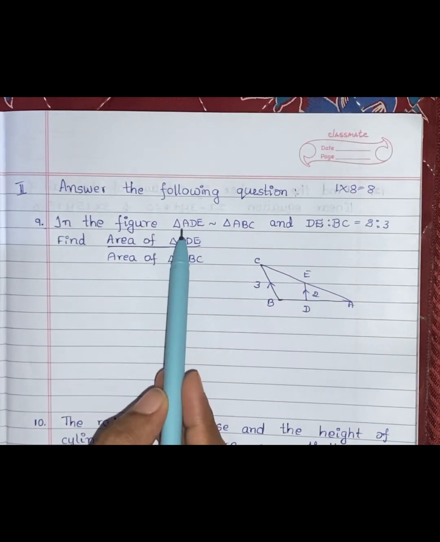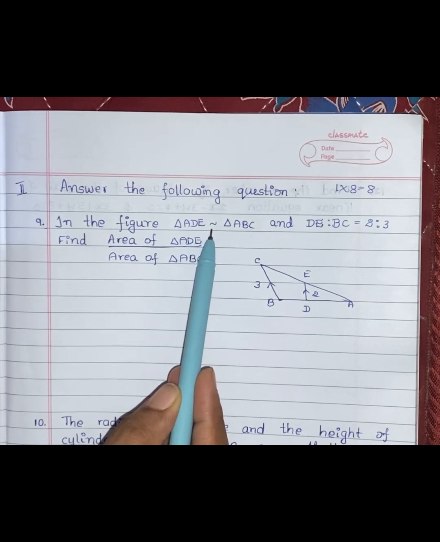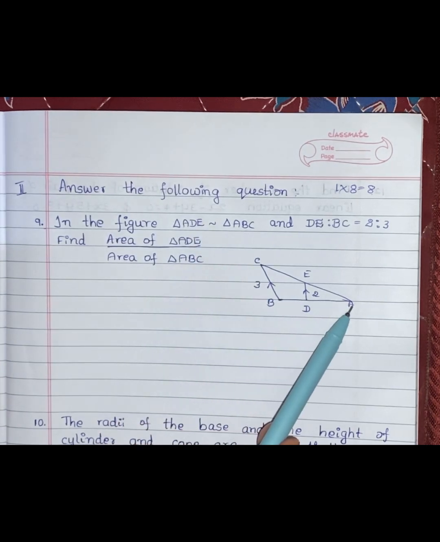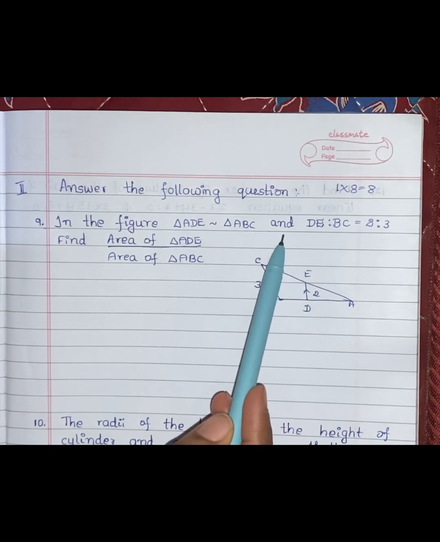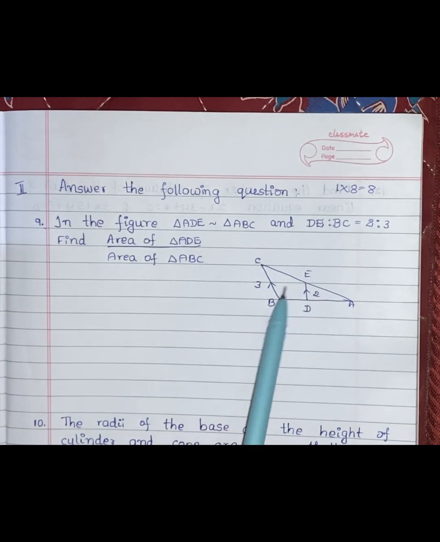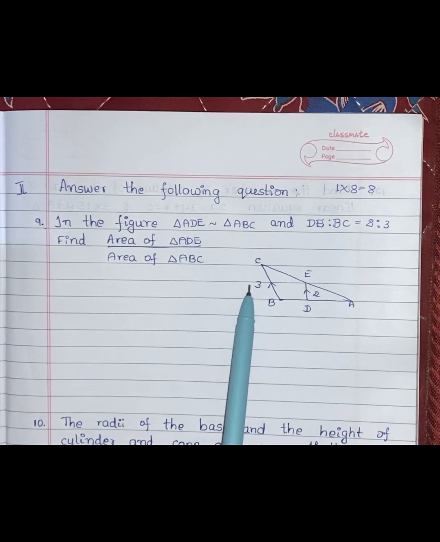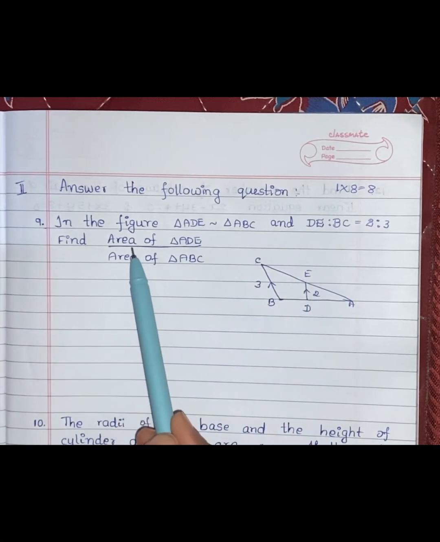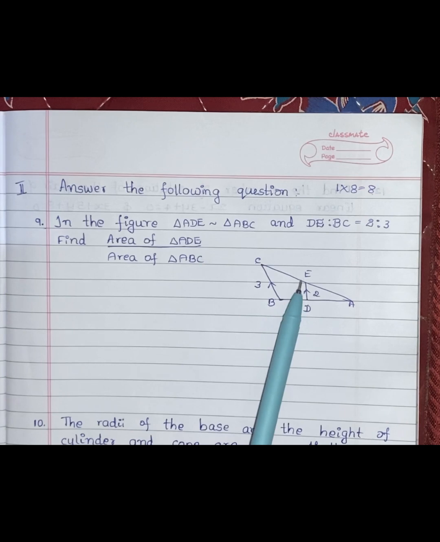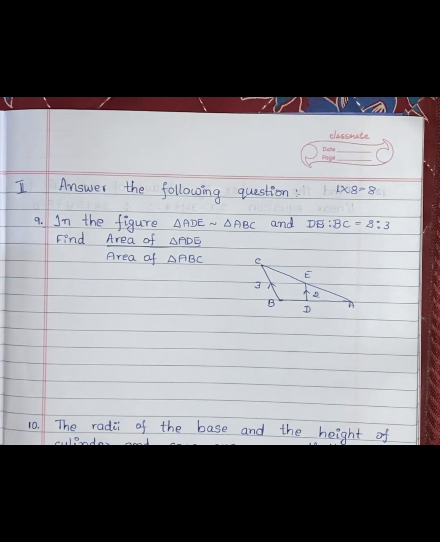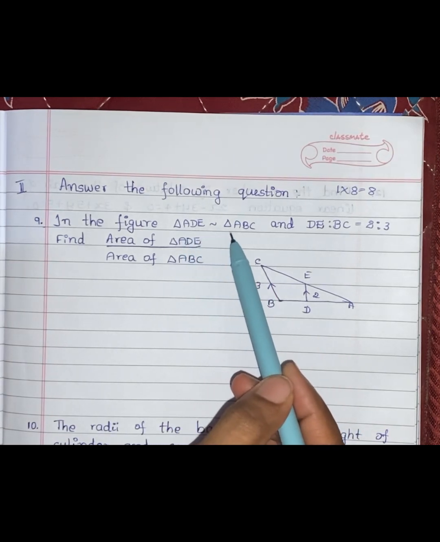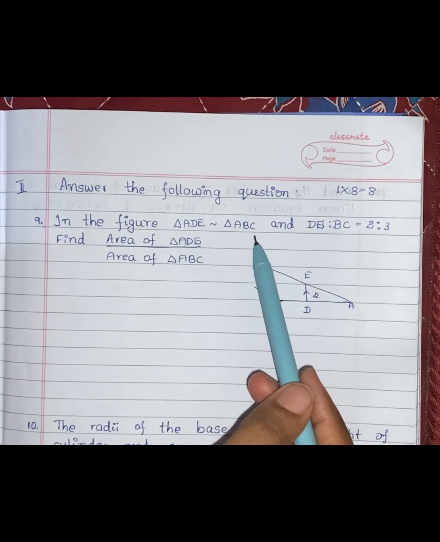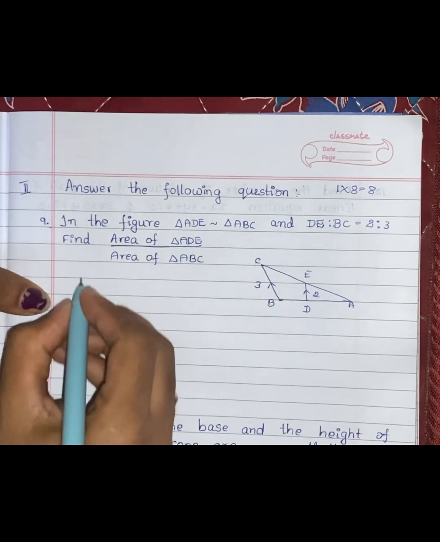In the figure, triangle ADE is equivalent to triangle ABC, that is, ADE is similar to triangle ABC, and DE and BC ratio is 2:3. Find the ratio of the area of triangle ADE and the area of triangle ABC. Okay, so to start with the solution, when they say ADE triangle is similar to ABC triangle, then we can